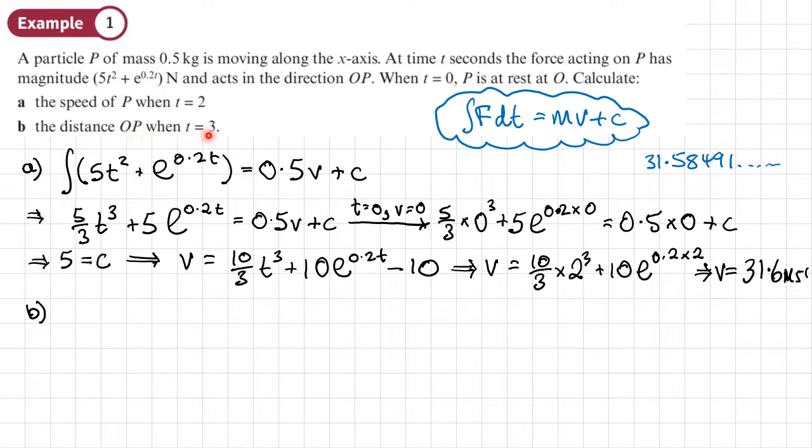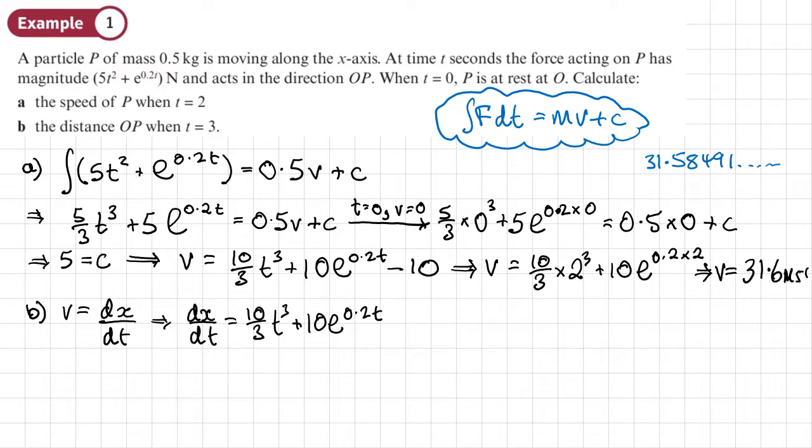Right, let's move on to part B, and it says that we want to find the distance OP when t is 3. So if we want to find the distance, we want to find x. Now we know that v is equal to dx dt. So we're going to take our previous expression we've got here, and replace v with dx dt. So we'll have dx dt, which is the velocity, is equal to 10 over 3 t cubed plus 10 e to the 0.2t minus 10,